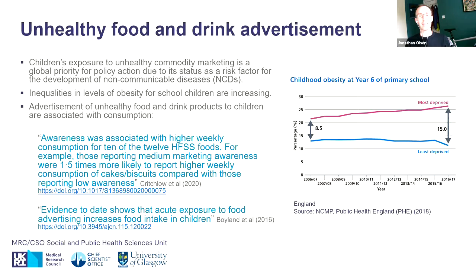And what this shows is the percentage of children who were obese from 2006-7 to 2016-17. And I think what's really striking in this graphic is that for children living in the least deprived areas of England, this has remained relatively stable, and in more recent years has actually decreased. Whereas children in the most deprived areas, the obesity levels have actually increased. And what's really striking is those increasing inequalities between children living in the least and most deprived areas of England. And there'll be a similar pattern in Scotland.